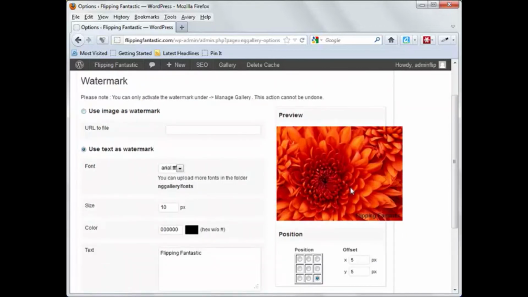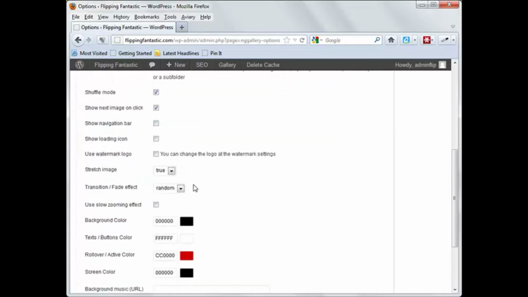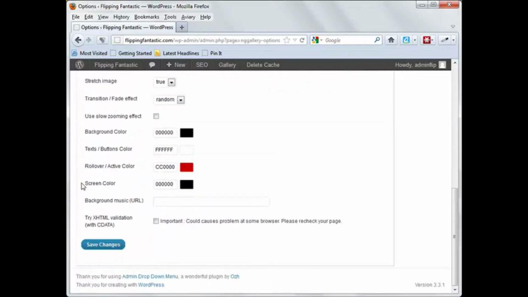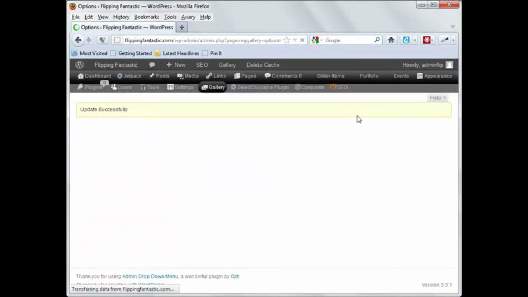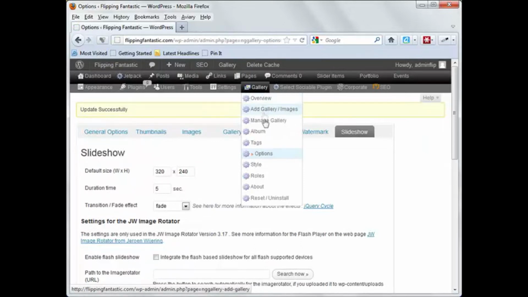You can add an image and watermark your images if you like, and there's your slideshow button. Duration and time. One of the things I would do is make my slideshow just a little bit shorter, and there's some information. Always save everything. But Next Gen Gallery has a lot of great features. Again, I showed you how to add images